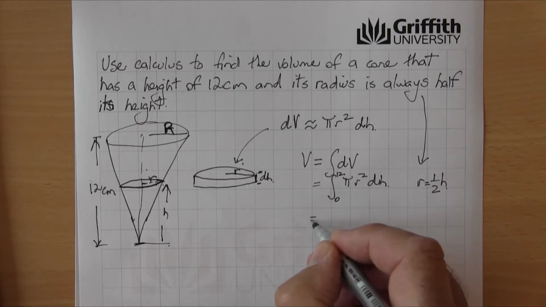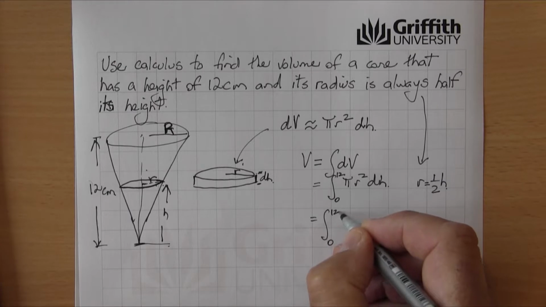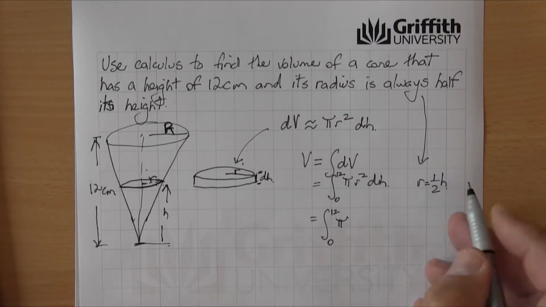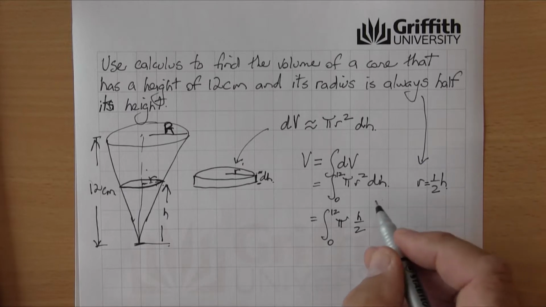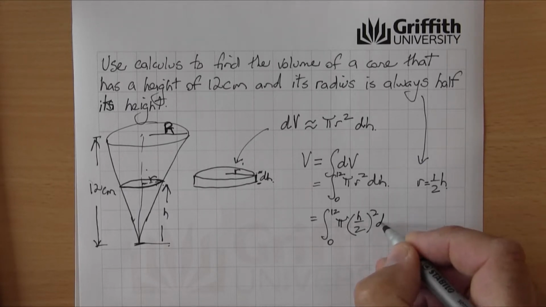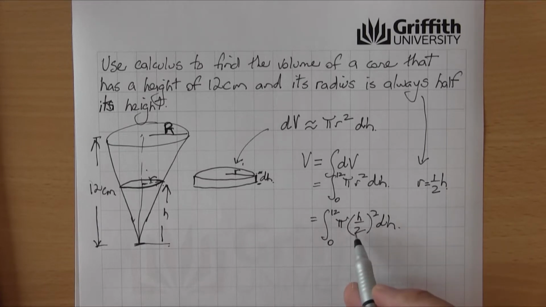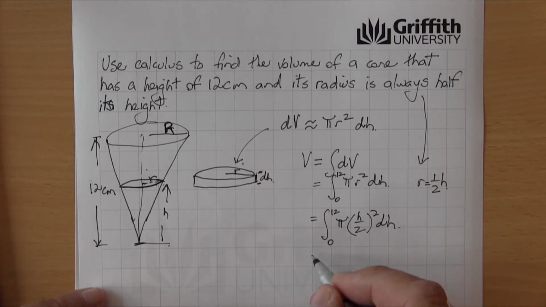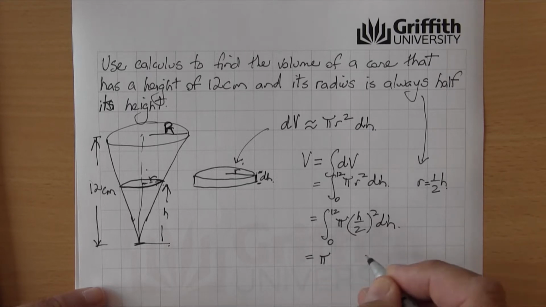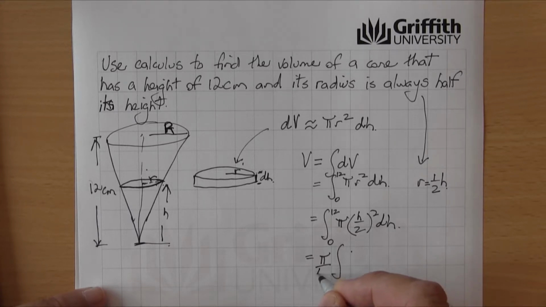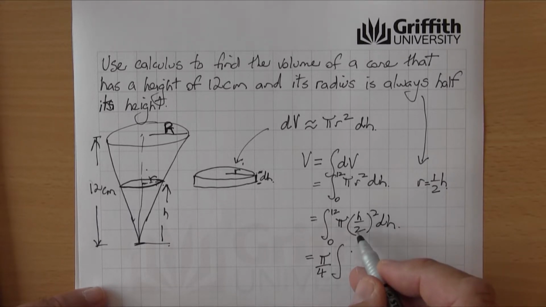So instead of r now, we can say it's the integral between 0 and 12 of pi, and instead of r, we can write h on 2, now it's all squared, dh. We've now got all of that in terms of one unknown, which is h, and we're finding the integral with respect to h, so all should be good. So pi as a constant can come out the front. The integral of h squared on 4, so the 4 can come outside as well, because when we square that we get h squared on 4, so there'll be the integral of h squared dh between 0 and 12,